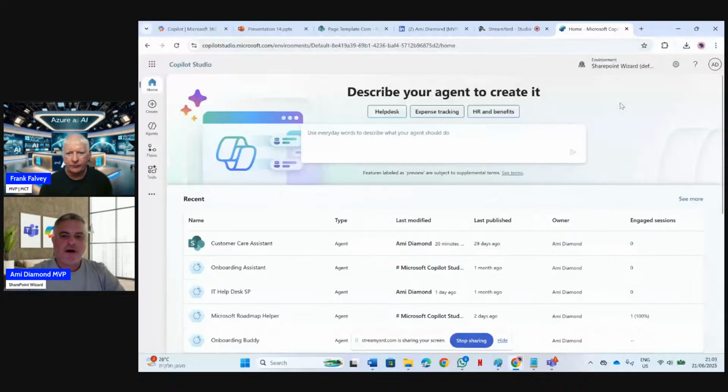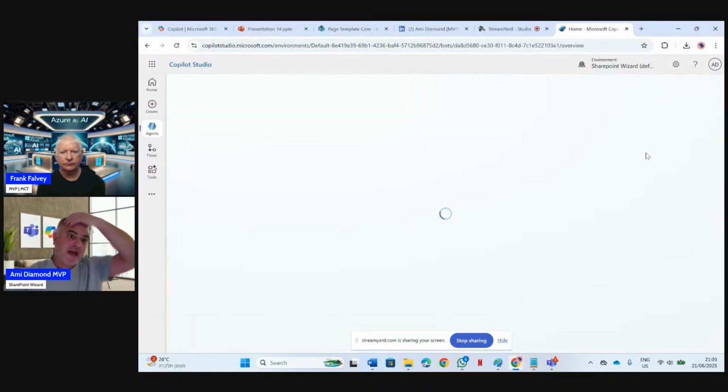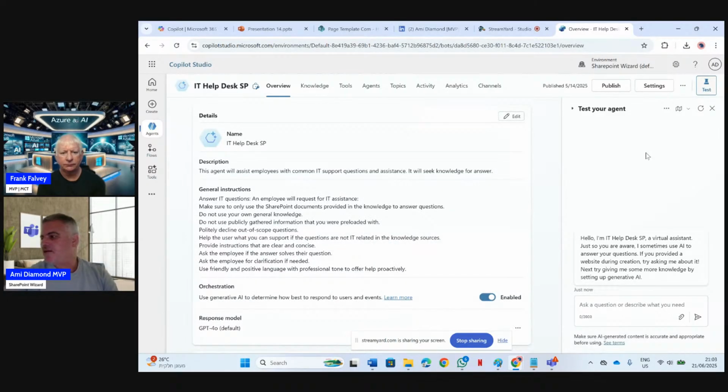So the new functionality that just appeared, I don't know if everyone has it, is actually that multi-agent orchestration. And the idea is that instead of having an agent separately for each task, you can actually have multi-agents that you can combine within one